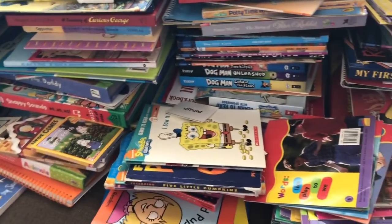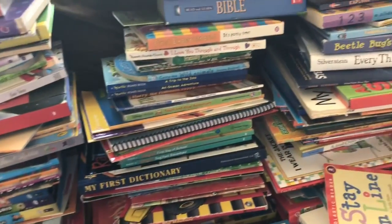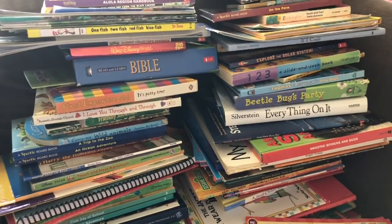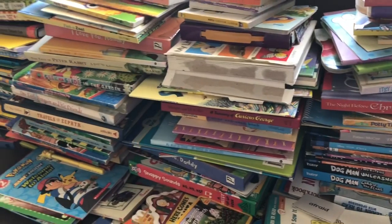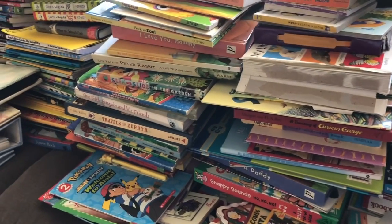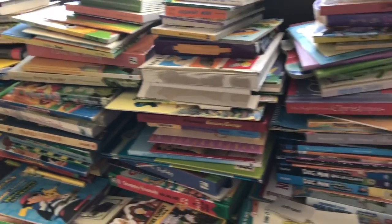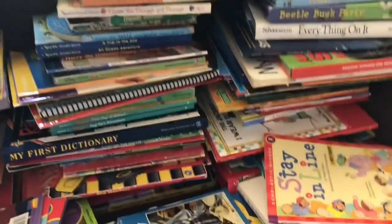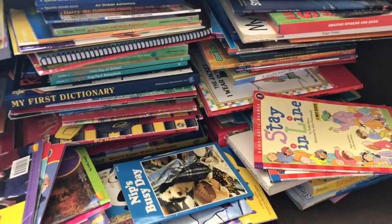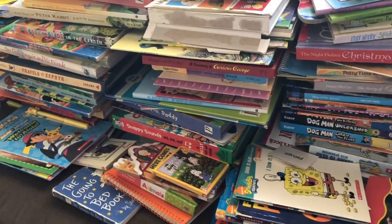And the other cool thing is, my best friend is helping out at this food bank, and she wanted me to collect small toys and even small books and create a treasure chest, so that when the families come in and they have little ones, they can pick something out of the treasure chest. And of course, that fills my heart with joy, making a little one happy rather than it just sitting in a room doing nothing. So all right, I think I'm going to fast forward this part too,